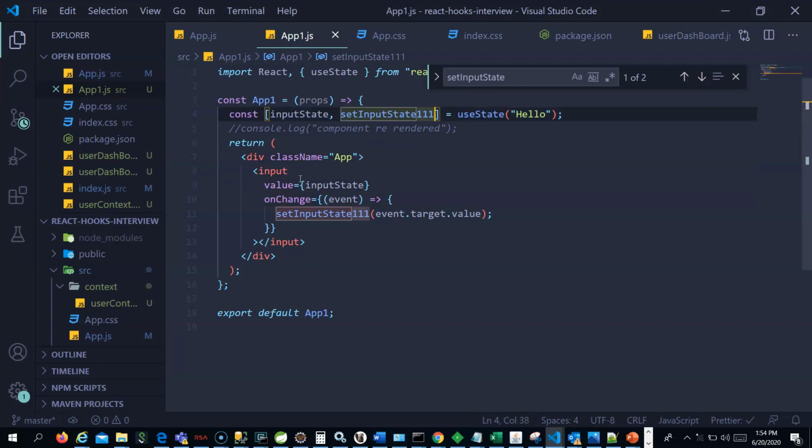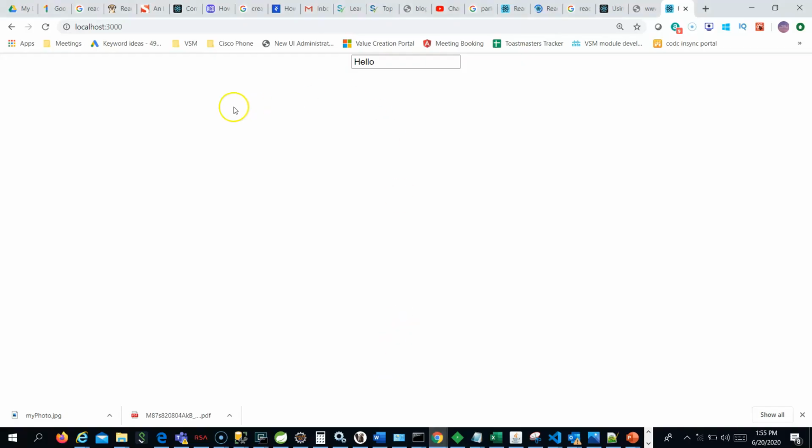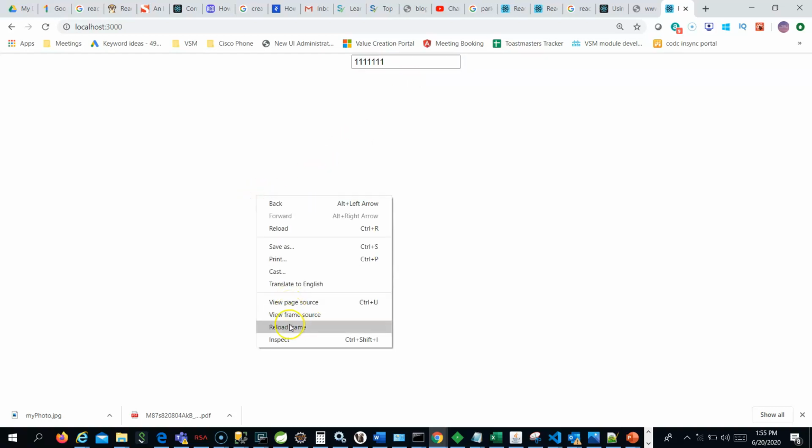Let me try now. Now it should work. If you do it with curly braces, it has to return an object so that you can take these two values, but it is returning an array, so you have to do it like this. Now let's see whether it works. Let me go to this page, and so now you can see the hello, the default value. Here if you want to change, you can change. Now you are able to see the value, right?